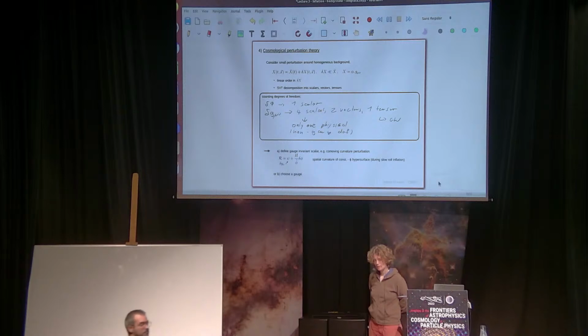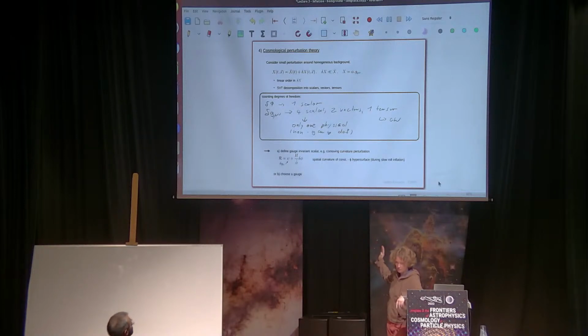I'm not quite sure I understand the question. So you can, yes, this is just the simplest model, right? And you can do more complicated ones, and of course it's a very valid question to think, okay, we have one scalar that we know of in the standard model. Can it do the job, right? The current answer is that at the moment, with what we know, it cannot do the job